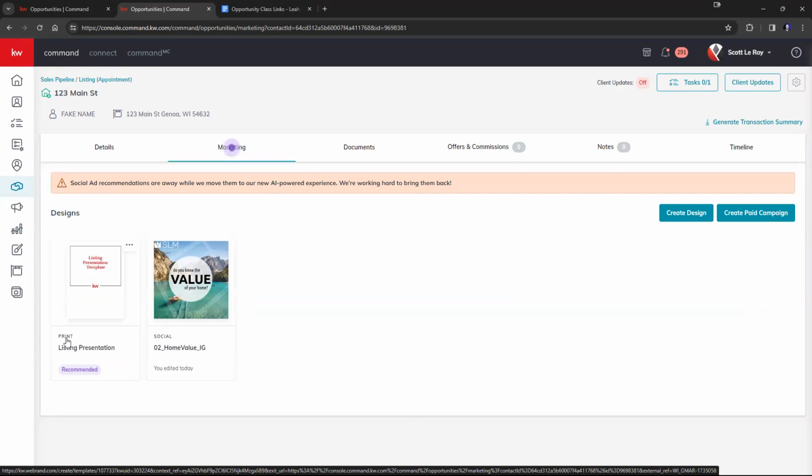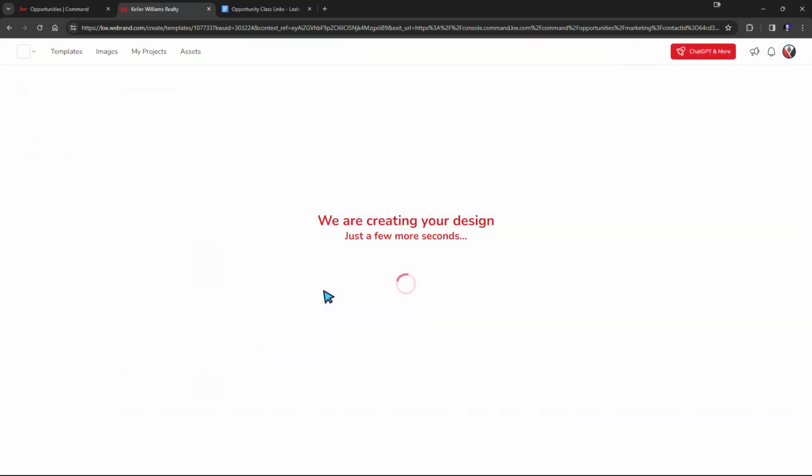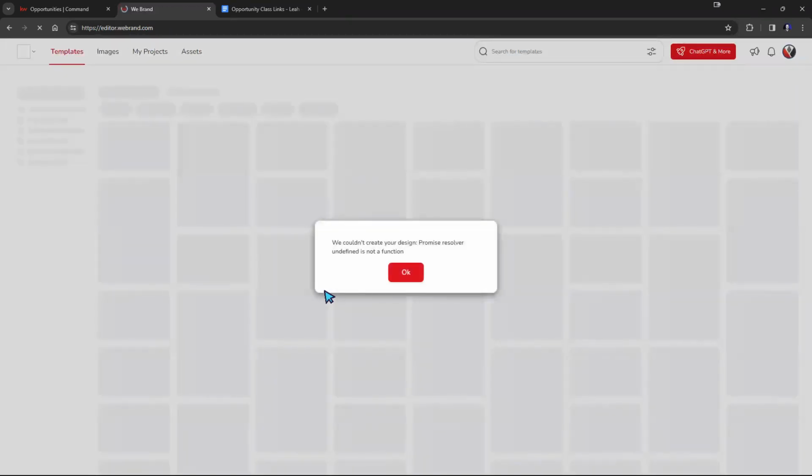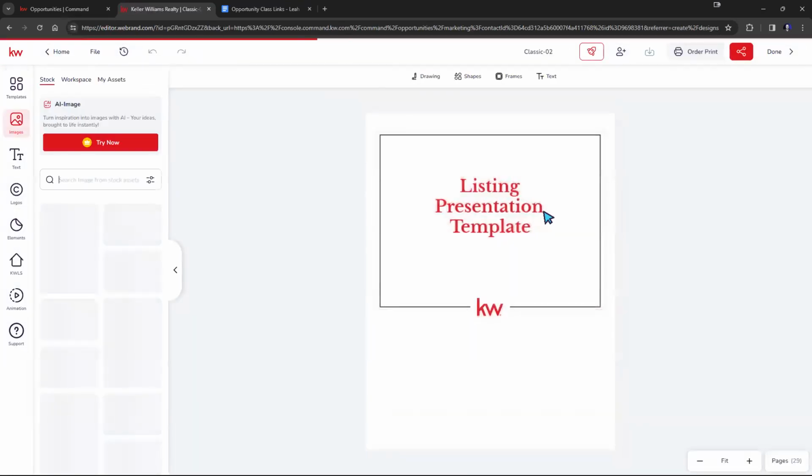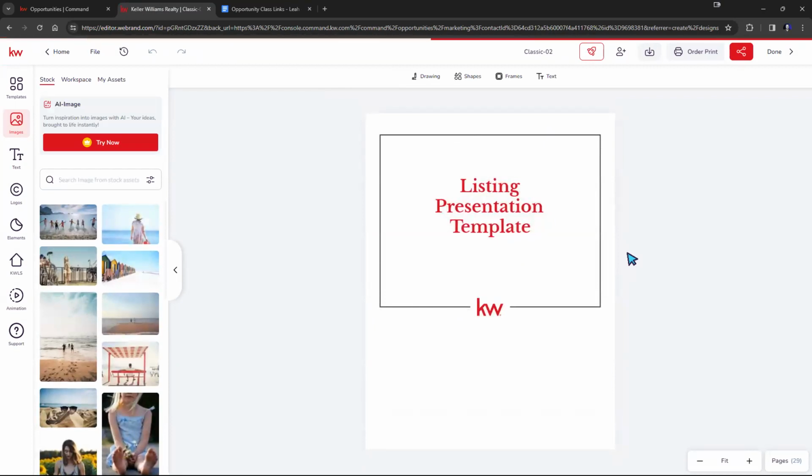So now that we've nurtured that cold lead, we've gained additional information, and that lead is ready to list their home with you, moving them over to the next stage right here, you're able to create a listing presentation for that client. So again, we can simply click on this right here. It'll jump us into the design section. As this loads up right here, the first thing to note is on the bottom right hand side right here,